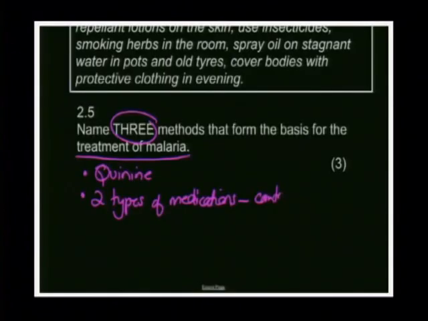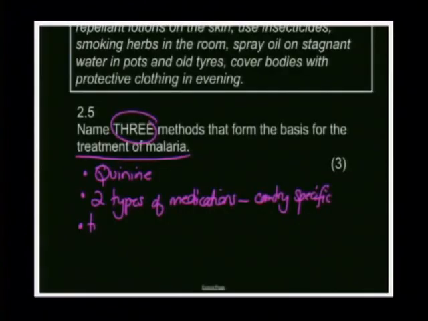You will not be expected to know the names of the medications, just that there are 2 types and that you could say that they are country specific. So it's going to depend on which country you're in as to which of the 2 you take. Also, because you're going to be having headaches, because you're going to be having muscle pains and so on, I would say that the third point that you could put in here is treatment of symptoms